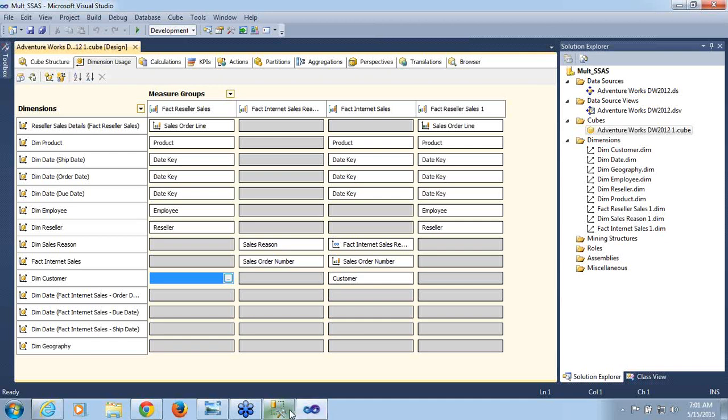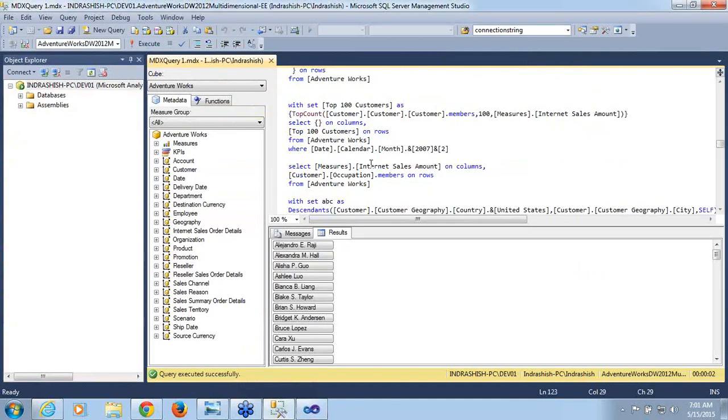So let's say I am taking a measure from the reseller sales measure group, which is Reseller Sales Amount, and I am viewing it across the customer occupation. Because these two are not related, what will it show me? If I run this,